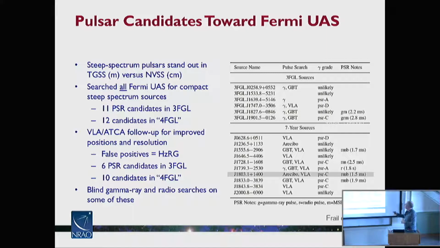Now, this is the cool part. The cool part is this is the gamma ray grade that they would assign to this. So when you go and you do pulsar searches, you don't look at the whole 3FGL catalog. You look at pulsar-like spectra, pulsar-like light curves in gamma rays, and then you rank them by A, B, C, and then unlikely to be a pulsar. Well, the ones that we pulled out using this image-based technique, you can see this was unlikely to be a pulsar. This was third level class of a pulsar. This is thought to have been unlikely a pulsar, pulsar C, pulsar C, pulsar C.